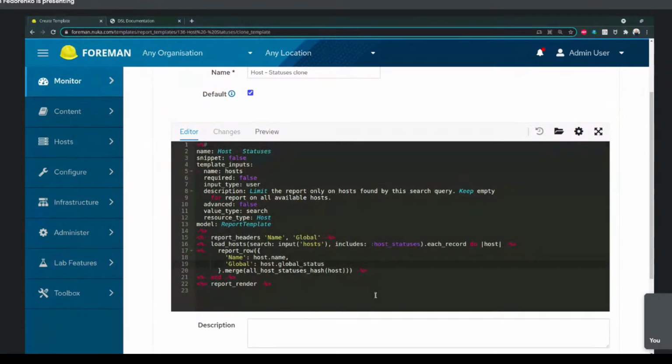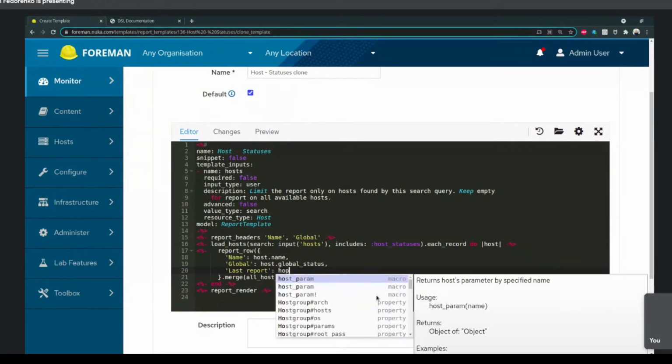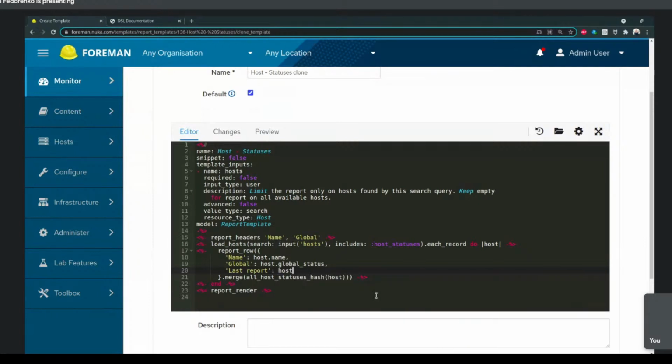What else I wanted to show is that if we return back to the host and we need to add, well, I don't know, maybe last report, and we want to know what's the name of the method, or we want to know what methods are available for this object. Currently, it's just an autocompletion. It doesn't behave like an IDE. It won't show you any suggestions. I'm sorry, any help regarding what you can call on the object dynamically, but what you can do is